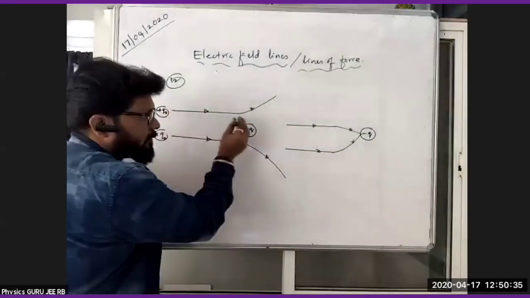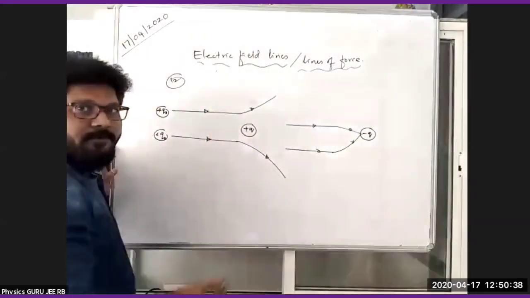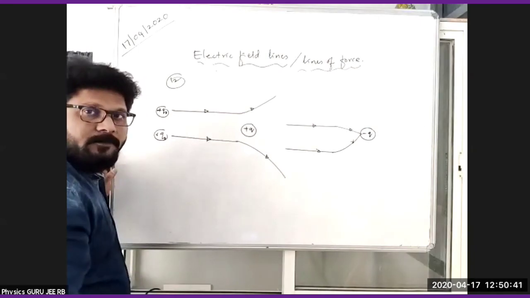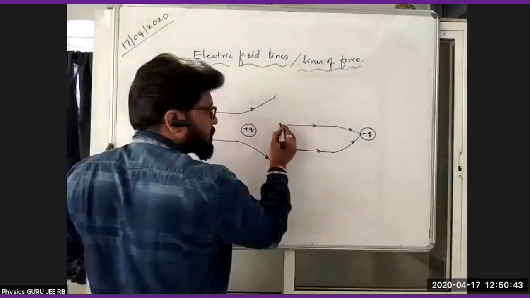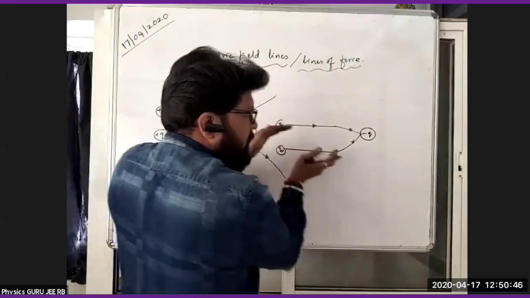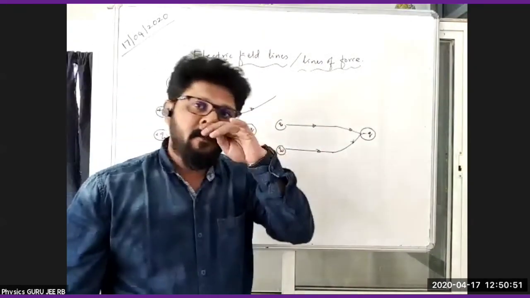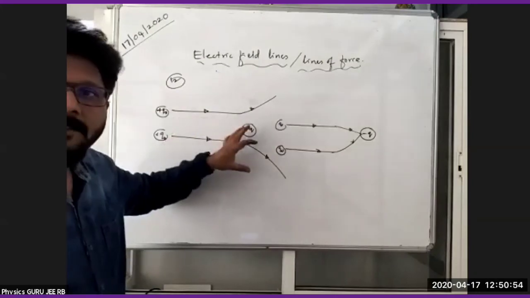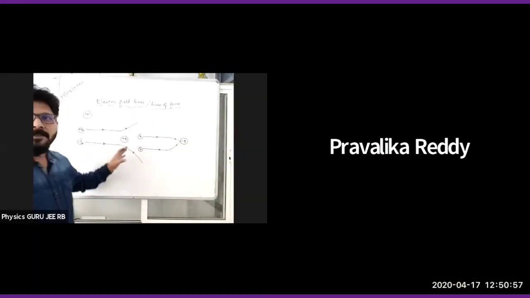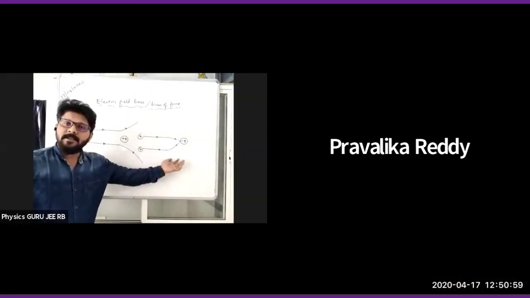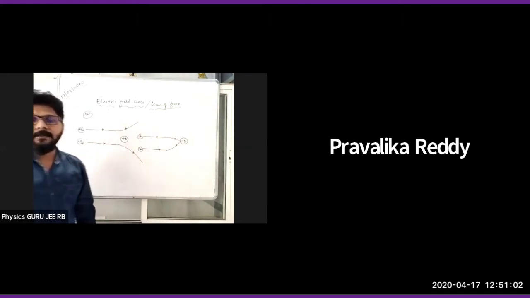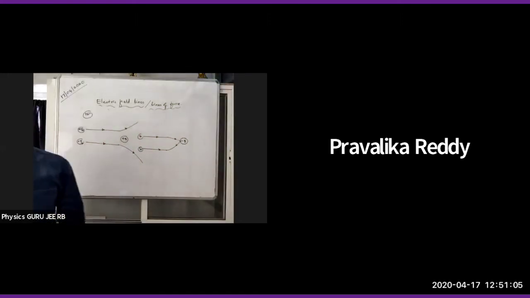When it is traveling, as it is a positive charge, it will go away from that one. Here you consider a positive test charge, and it goes away. When there is a negative charge, immediately what happens? They will attract. So this is the explanation: where there is a positive charge, the electric lines will get repelled, and where there is a negative charge, they will get attracted. Clear? Done. Then we'll proceed with the next one.